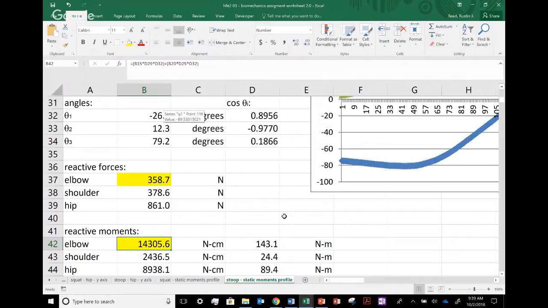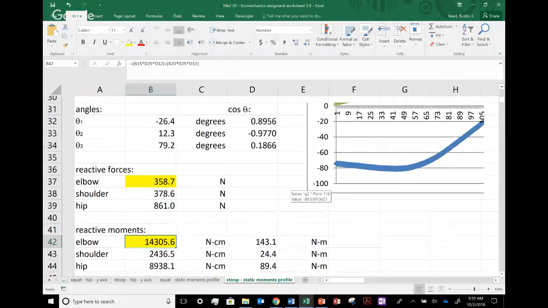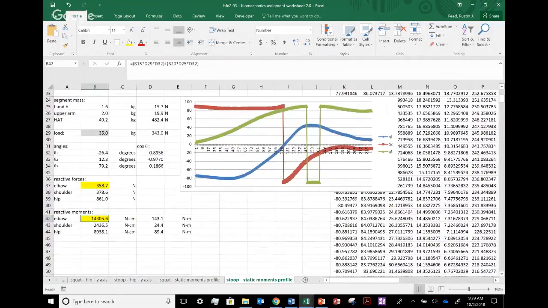You can just enter your stuff in and you have the answers, but I want to see you work out the problem by hand. So that's what we're going to do right now. This is just a way to check yourself and make sure that you're on the right track. And actually, to be honest, this number would be better as Newton meter rather than Newton centimeter. Okay, so to do that,